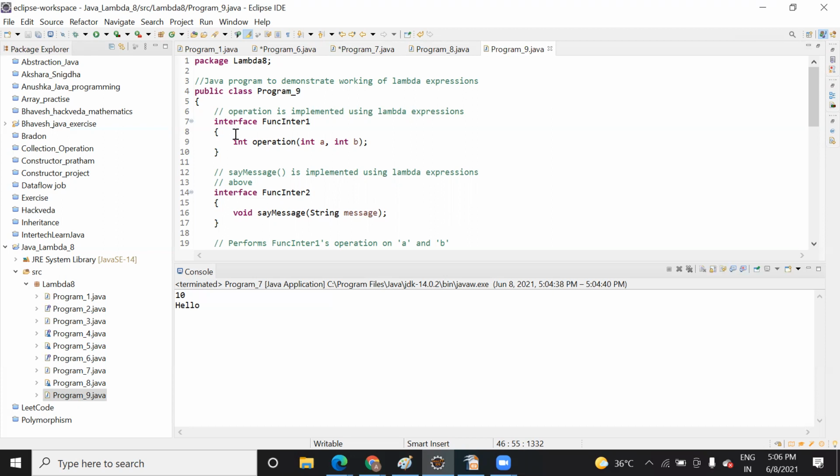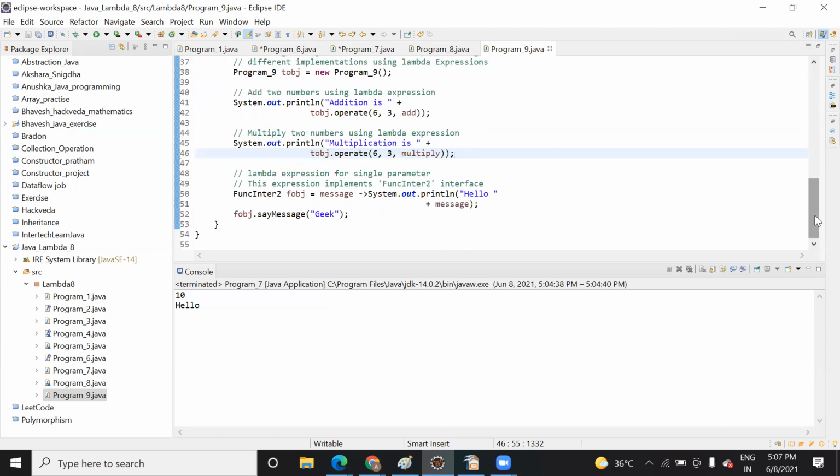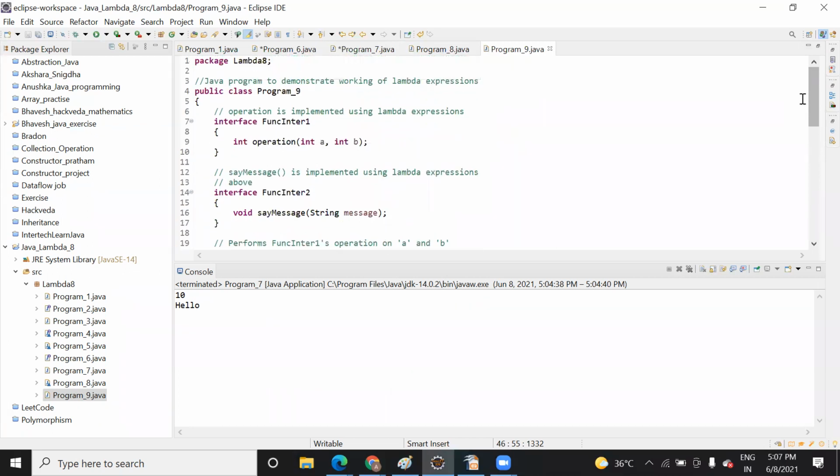This is the first time I'm seeing an interface in class. Here I'm not implementing it. When we use a lambda expression, in that case you can use it inside the class interface also. When we work with the lambda expression, at that time you can create this interface inside this class. An interface is just like a class itself.